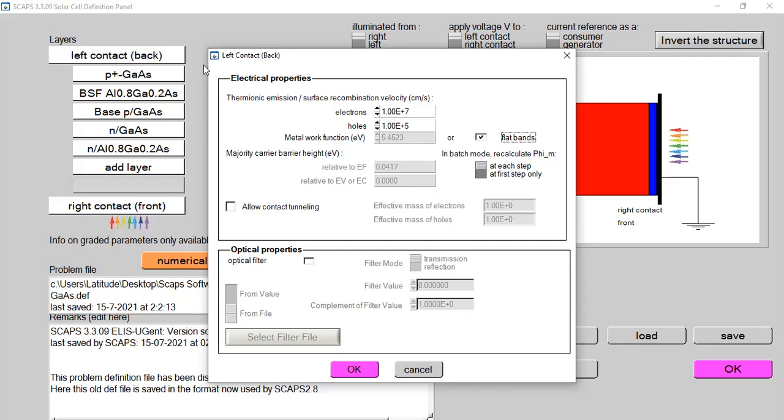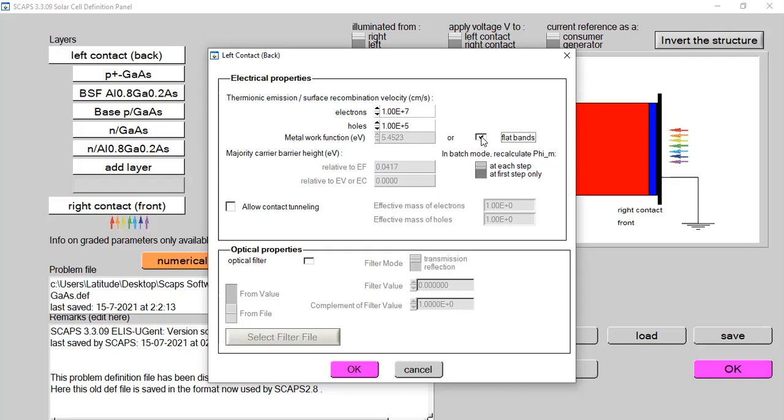And definitely the metal that has a larger work energy function has a better tendency to extract more electrons from the metal surface, providing us a very good power conversion efficiency, fill factor, and VOC value. So I would like to add the next thing: how we can add the metal work function value in SCAPS-1D in